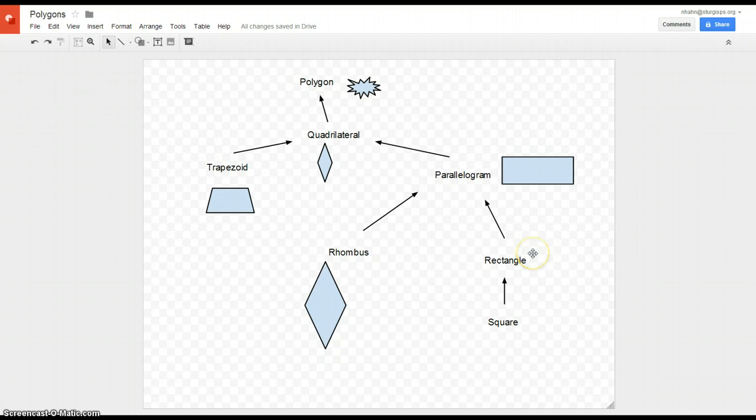Alright, so now we'll go back to the rectangle. A rectangle is also a parallelogram, and it has four right angles, and opposite sides are equal. So it must have opposite sides that are parallel. They have to be the same size, and they must form four right angles. So I'm going to draw a rectangle,